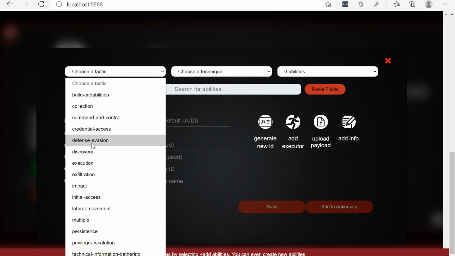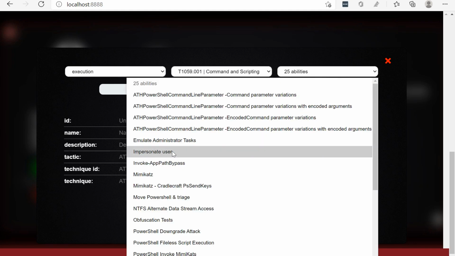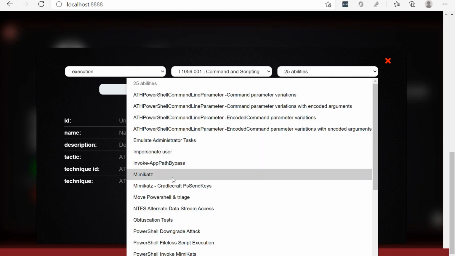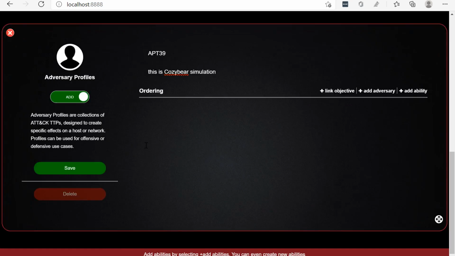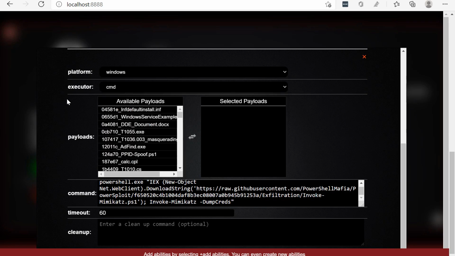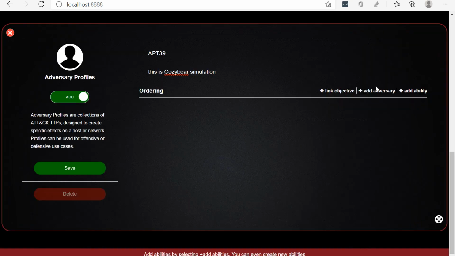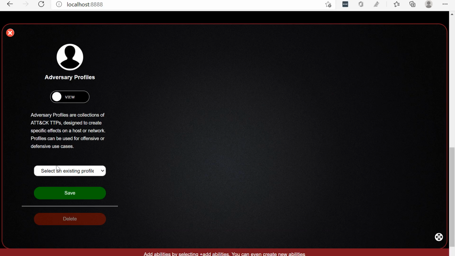We can add, let's say, execution, and we want PowerShell, and in PowerShell we want to use, let's say, Mimikatz. And it will give us here the code that we can execute on the CMD, and so on. This is one thing we can use. Or we can actually view